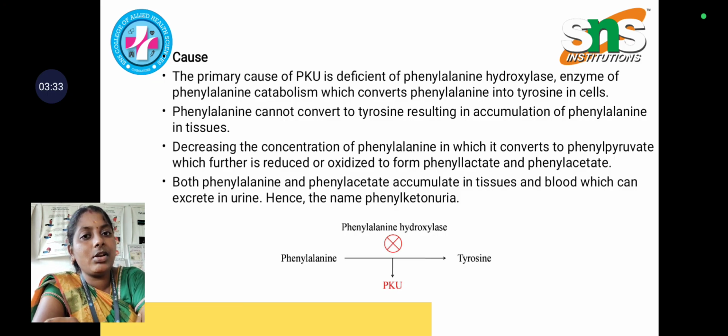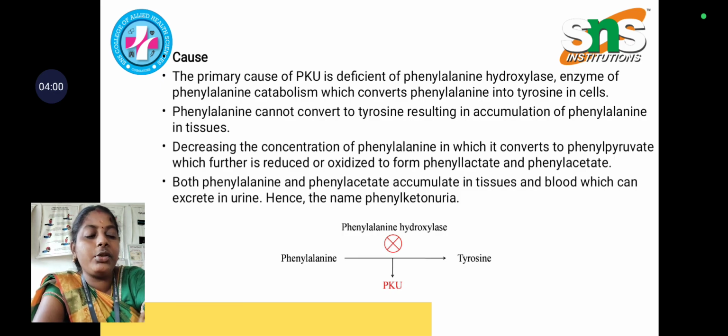As its concentration rises, it converts into phenyl pyruvate, which is further reduced or oxidized to form phenyl lactate and phenyl acetate. Both phenylalanine and phenyl acetate accumulate in tissues and blood, and can be excreted in urine, and hence the name